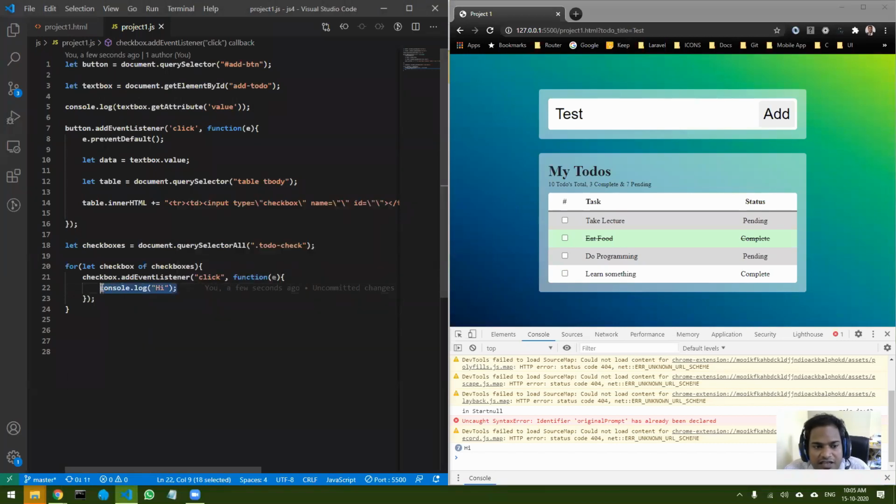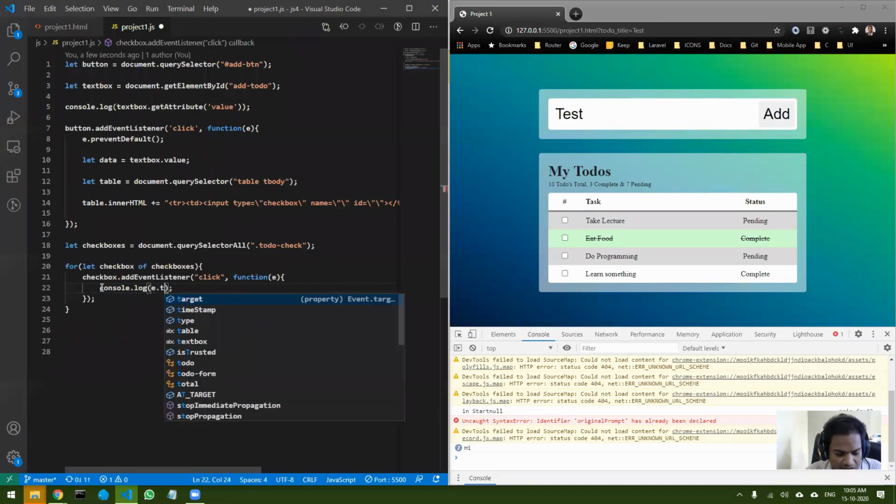The next thing is, what should I do next? Next, I want to check if that particular checkbox is checked or not. Let me see if I can get this. Whenever you use an event listener, the e element has a property called target.